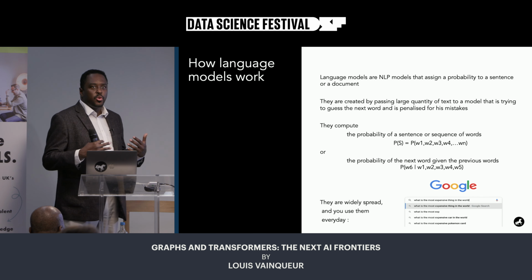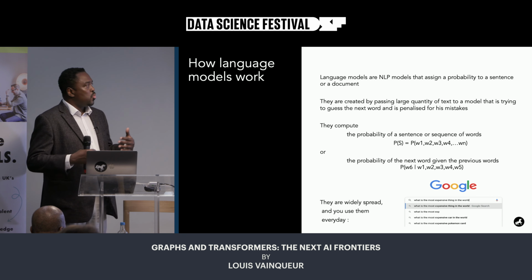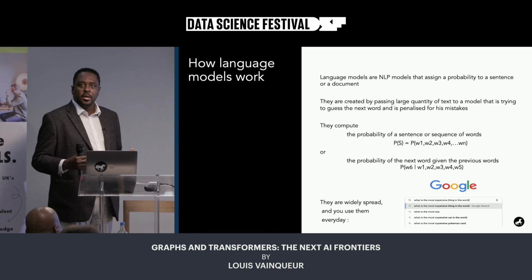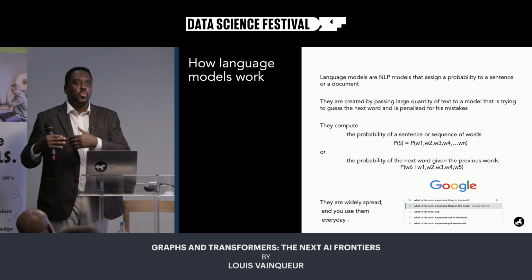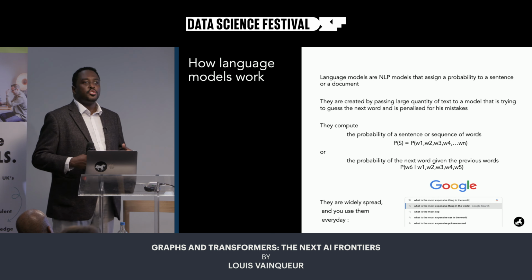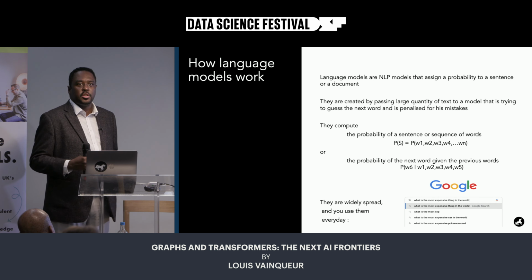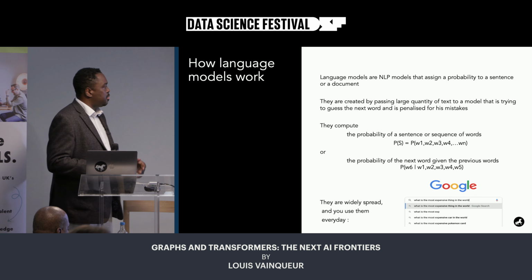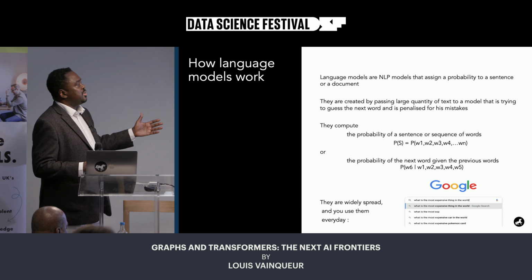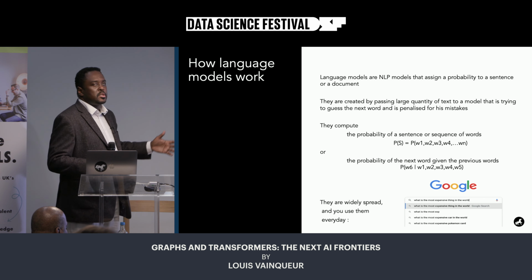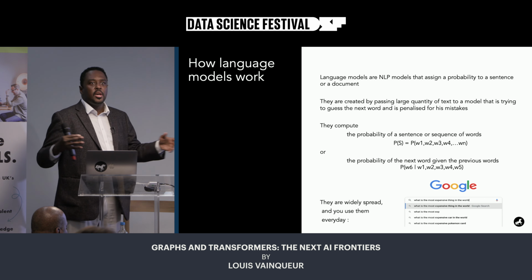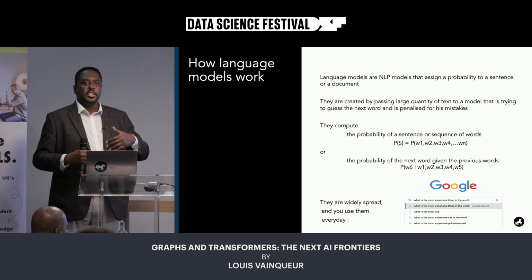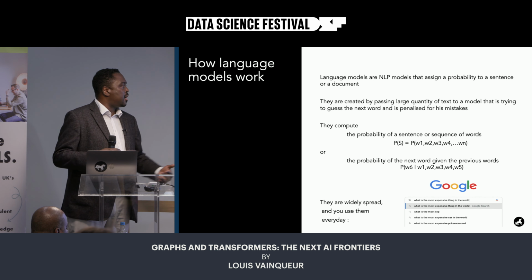And so when you have really great language models, you notice, for example, that they don't make many grammatical errors, because part of the process of learning to predict the next word also teaches them a certain level of knowledge in grammar and so on. Here I just put the equation, but that's really not important. What you're trying to predict with that model is either the full joint probability of a sequence of words, or the next word, considering the fact that you've seen the 5 previous words.